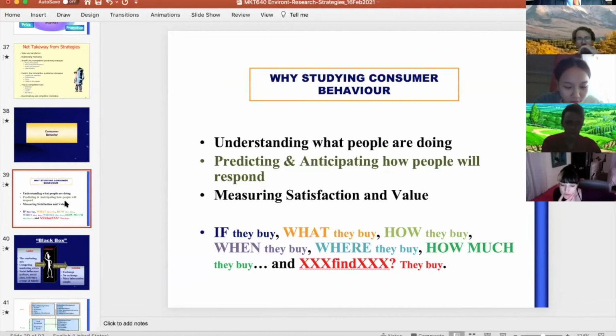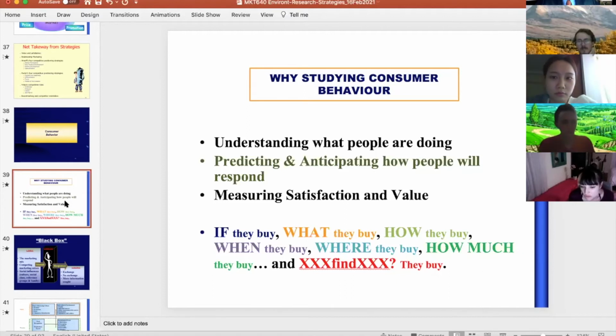You always try to understand your consumer, but then you want to study the concepts behind consumer behavior so you can understand them better. But more important than understanding them is that you want to predict, based on what they are doing right now, what they're going to do next. You also want to anticipate, which means doing things based on what you know they're going to do next. And you also want to do the simple things that are so obvious: measure their satisfaction and measure what they see as value.